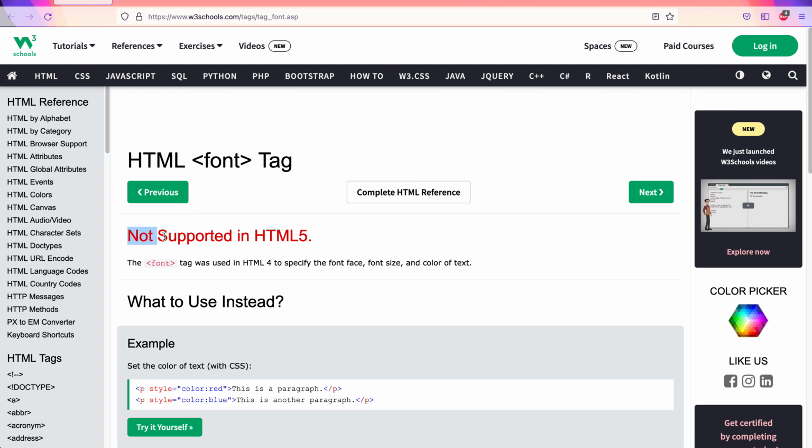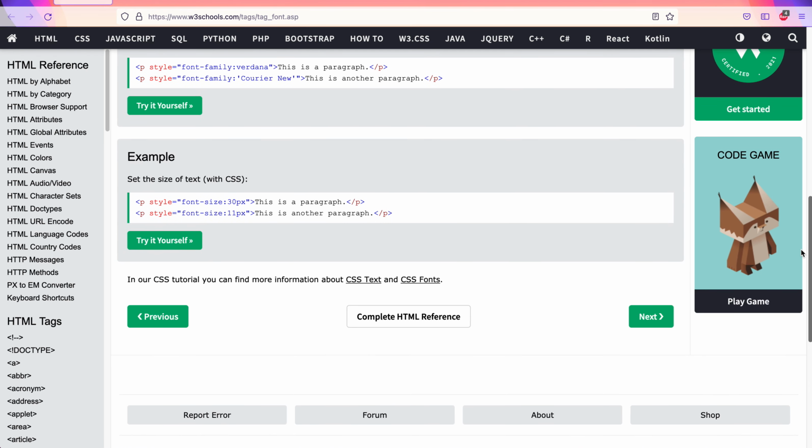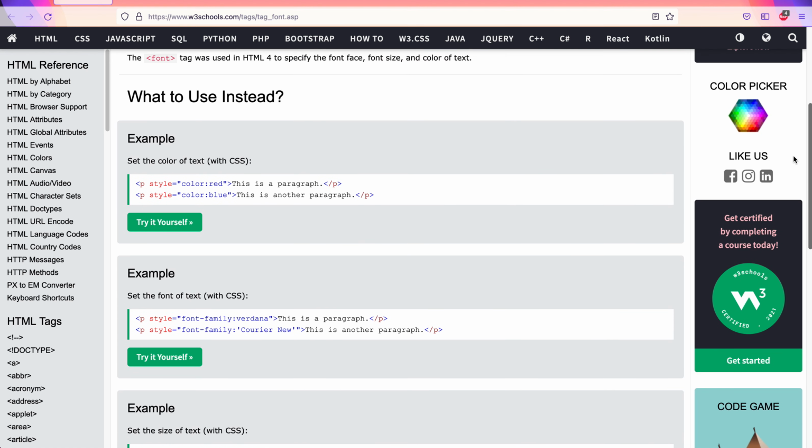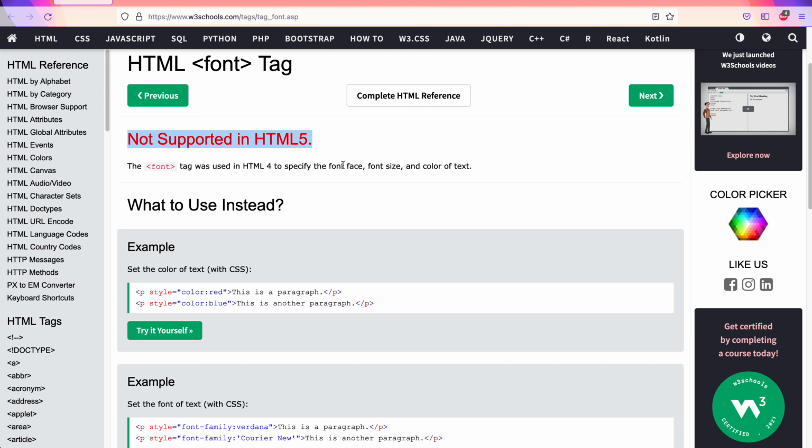Now see this: not supported in HTML5. In the last class we have seen that most of the formatting of the text is supported in HTML, but people no longer use HTML for such formatting. Rather, people would want to use CSS for it. This is one such tag. We don't really cover the font tag because there are no examples out there on the screen. There is a font tag, but it is not supported in HTML5. So that's where we stop covering the font tag.